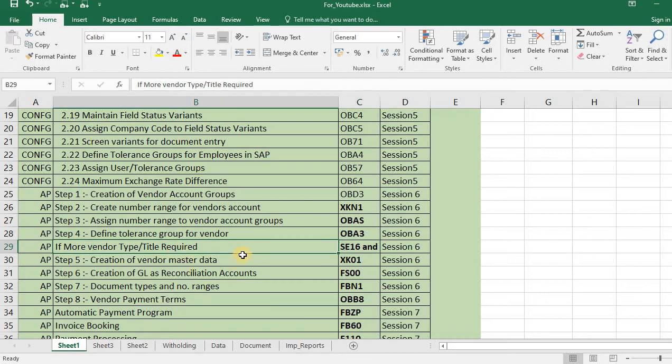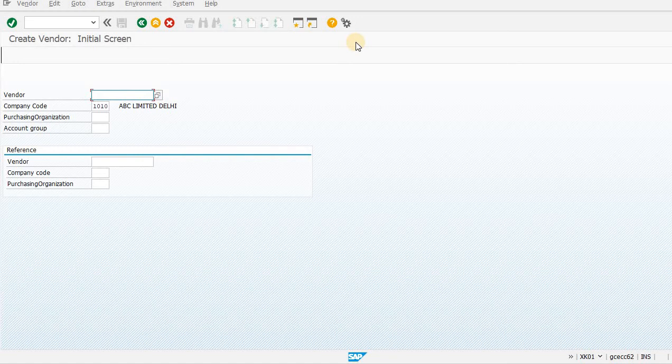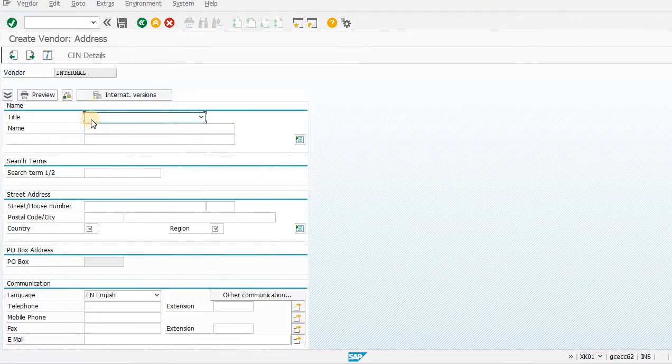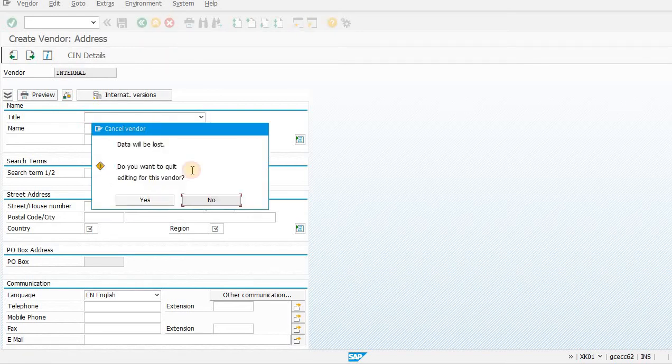Suppose you require more vendor titles, like go to XK01. Once SC01, then account group SC01. See, these are the titles: advocate, CA, company, doctor, firm, Mr., Mrs. If you want to create more titles, where do you have to go?